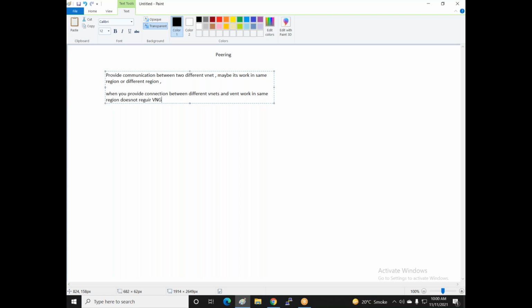I'm deploying the VNets in different regions. So when you provide the connection between different VNets and the VNets work in a different region, it requires a VNG